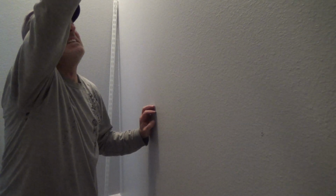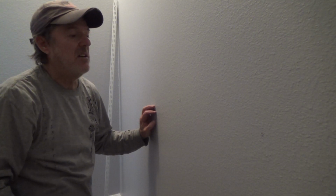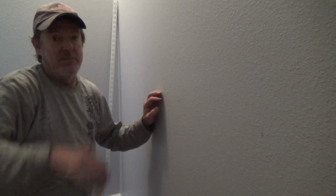And if my shelf is not going to be exactly at the top, depending where that last bracket's going to go, I may cut that bracket off higher, lower, whatever, knowing that the angled walls are not going to be in my way. Okay, but before I decide on the angled walls, I'm going to get my other ones done